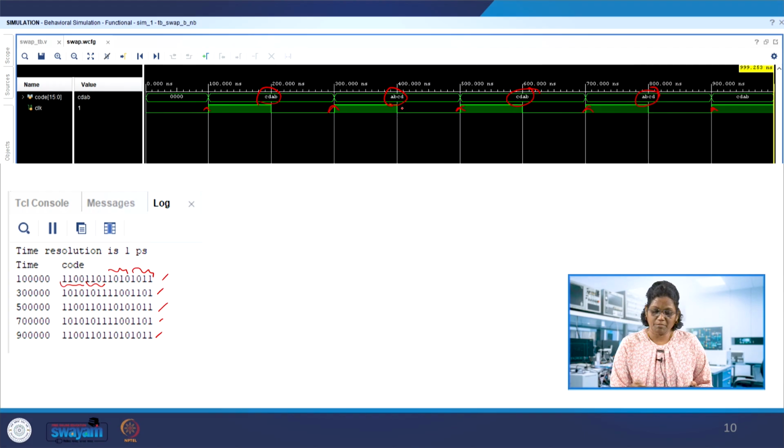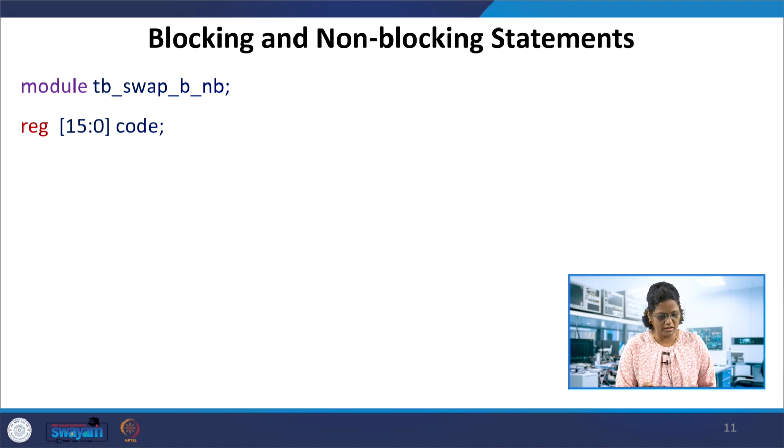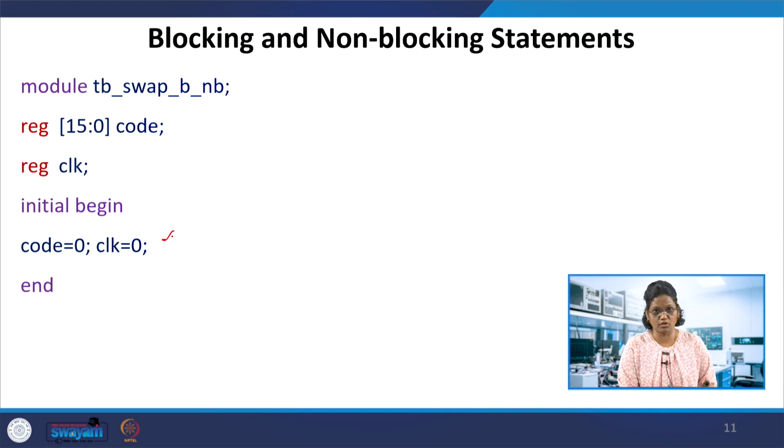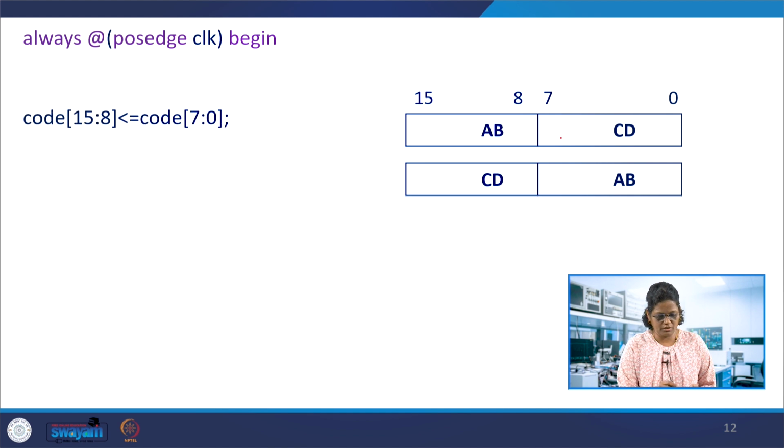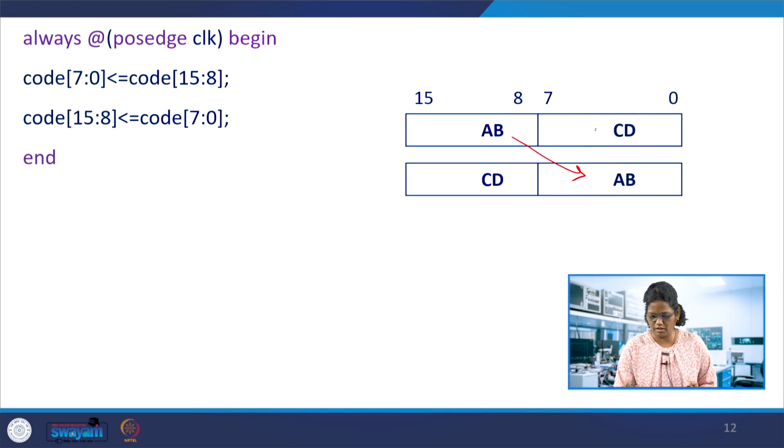So a swap occurs with every clock edge because of this non-blocking assignment. The order change of the code in the non-blocking assignment itself, yes, it initializes the first part of the code. I kept it the same for completeness. Always #100 clock = ~clock. In that case, you can see the order change in the code. So 15:8 has AB, which is moving to 0 to 7, and CD is moved to F8. So the order doesn't matter here.